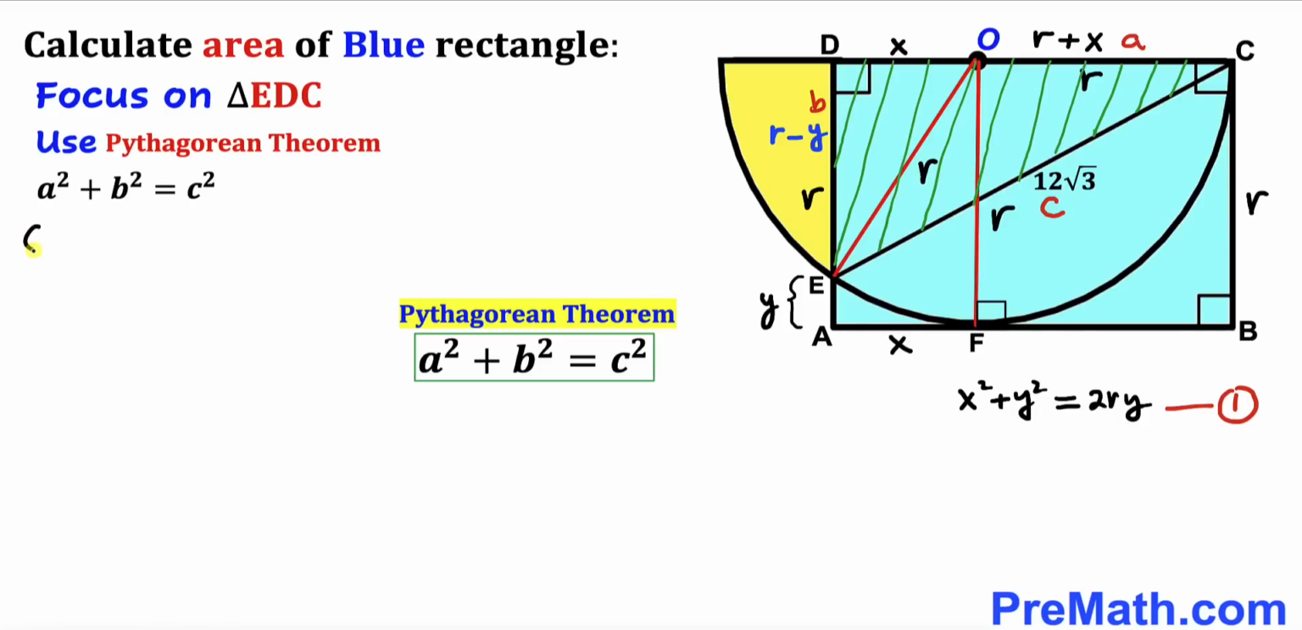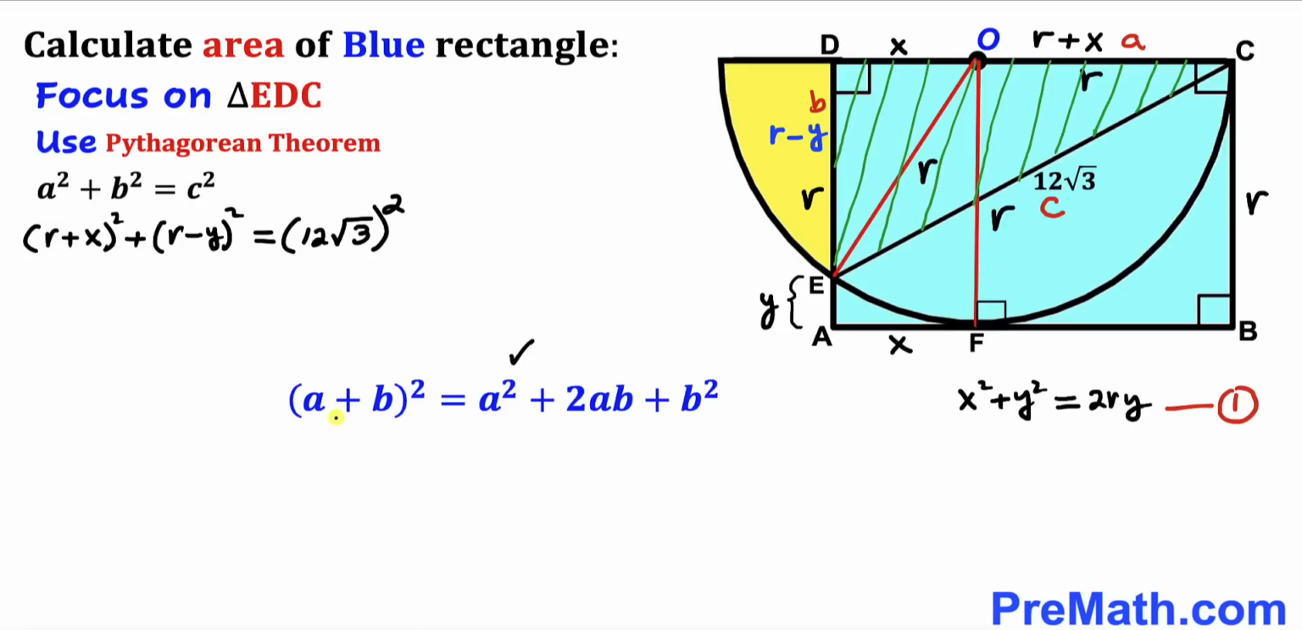A in our case is r plus x, this is going to become whole square. B is r minus y whole square, equal to C, which in our case is 12 times square root of 3 whole square. And now let's recall this famous identity: a plus b whole square could be written as a square plus 2ab plus b square. Let's go ahead and apply it on this first binomial. So that is going to give us r square plus 2 times rx plus x square plus,